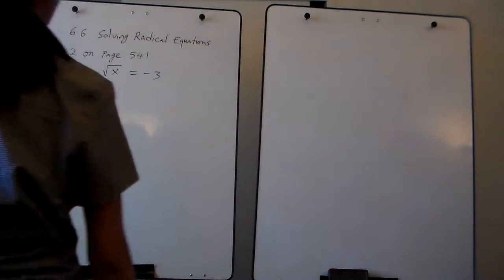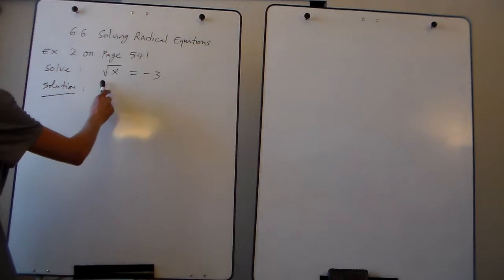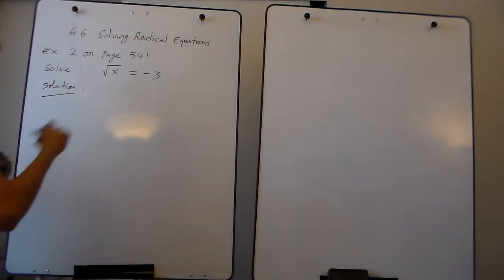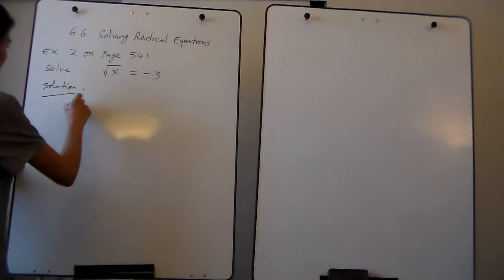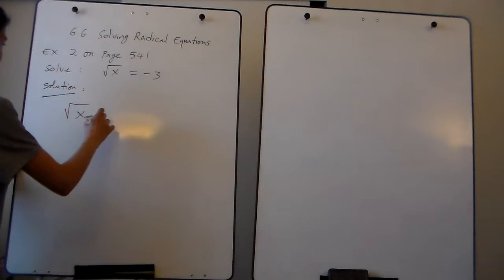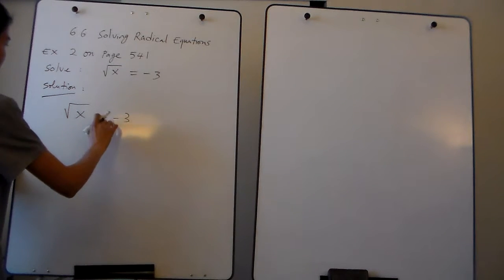Example 2 on page 541, solve square root of x equal to -3. Solution. Alright, so we are given square root of x equal to -3. Now,